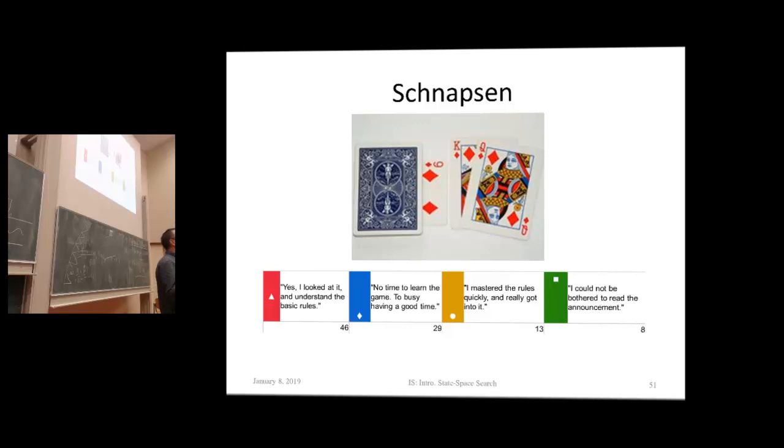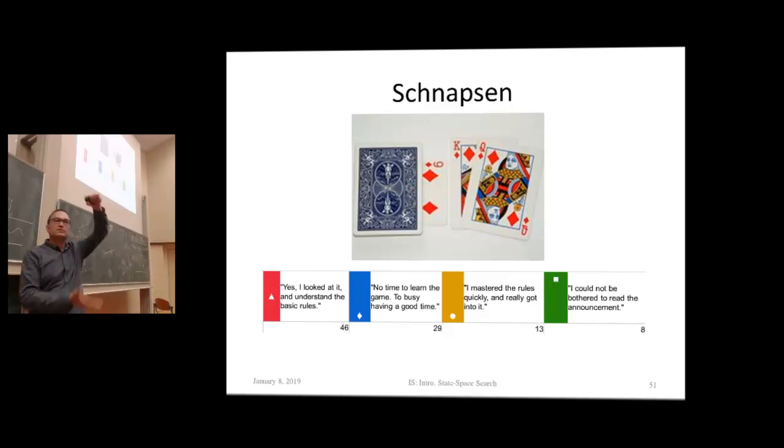So if you want to do a really systematic exploration of all the possibilities, you have to look at all the possible cards your opponent could have. In Schnapsen, basically, we have the situation that I know 5 cards, and that there are, I have to recalculate this, but I think it is 2 to the power of 12 different possible ways that my opponent could have cards. So we have this even more enormous.